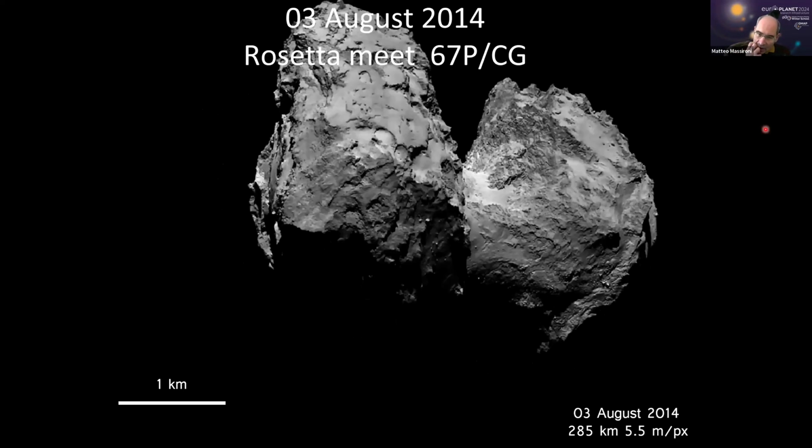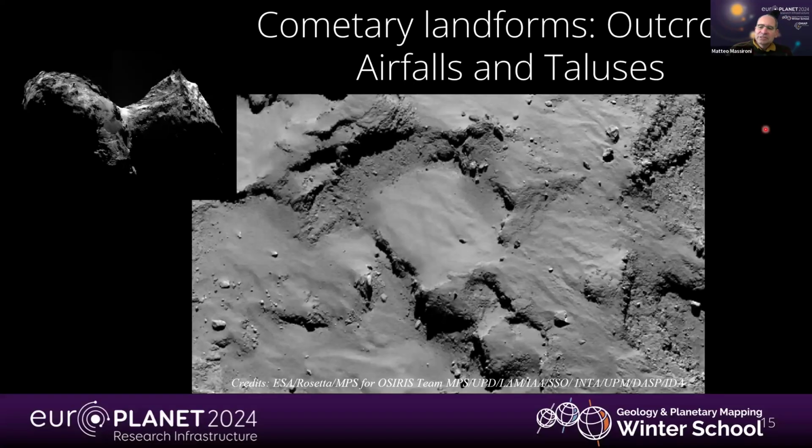So let's have a look at the material that we see on a comet nucleus. If you look at this image, you can see clearly that we have a kind of dusty, smooth material. Then we see some outcropping material, rocky-like material that creates outcrops. And then you see blocks and talus material. And at the foot of the rocky-like material, you see this kind of talus that is actually